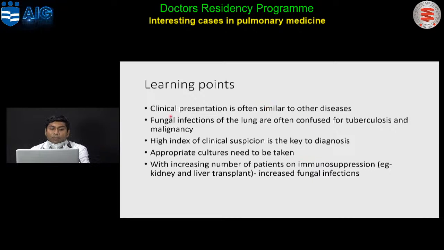You can see that both these patients presented with a mass. One patient presented with an infiltrating mass lesion in the anterior mediastinum, and the second patient presented with a big mass lesion in the paratracheal location. The second patient, a 13-year-old boy, also had a kidney mass. So they can present like masses, and these masses can sometimes be confused for a malignancy. The important point is that they can present similar to tuberculosis and malignancies. So a high index of clinical suspicion is the key to diagnosis, and the most important thing is tissue is the issue.